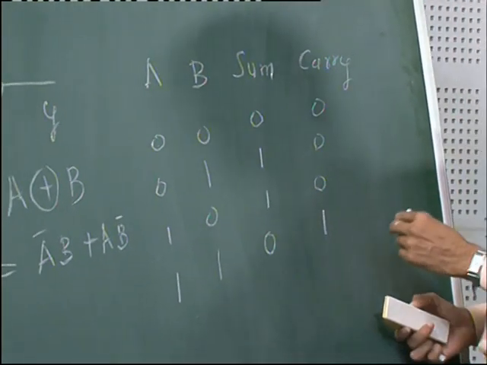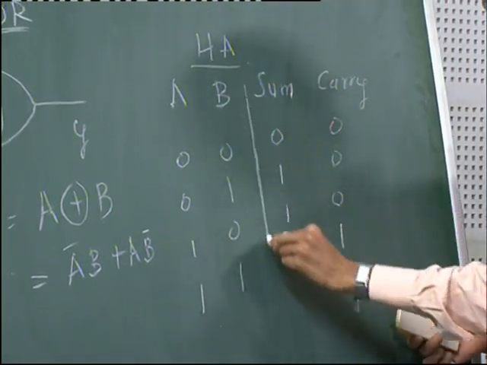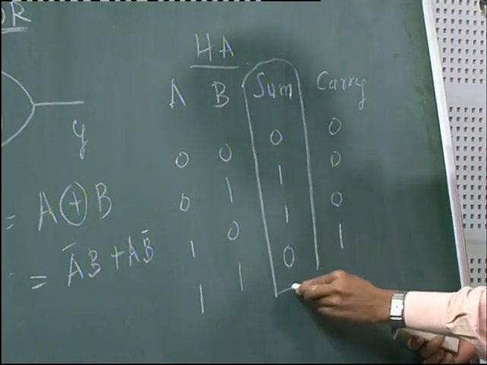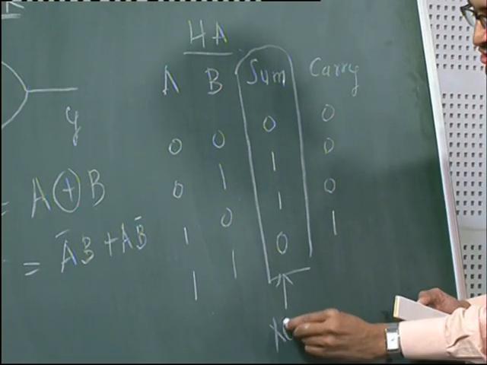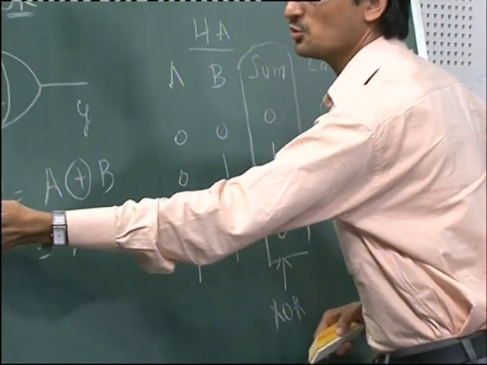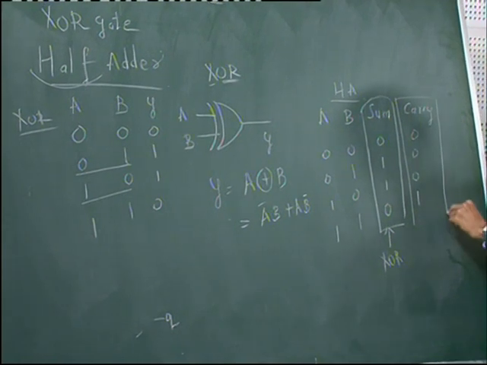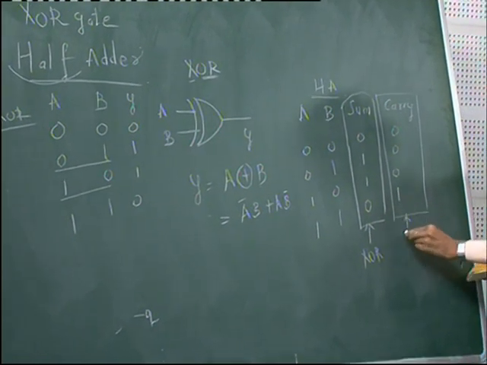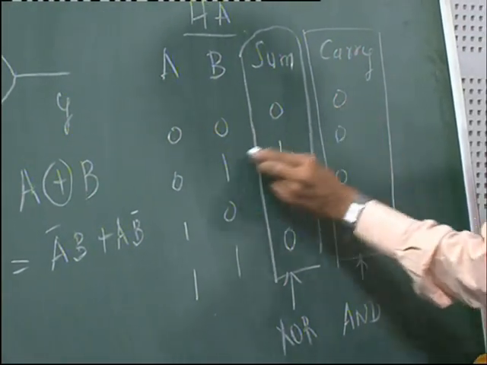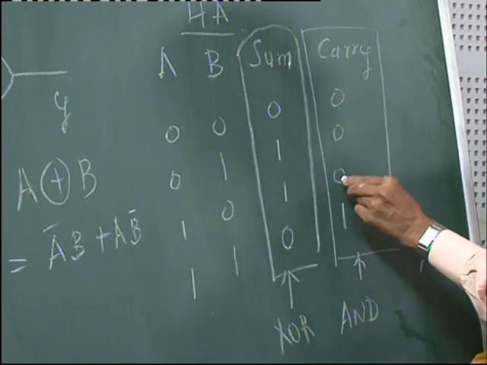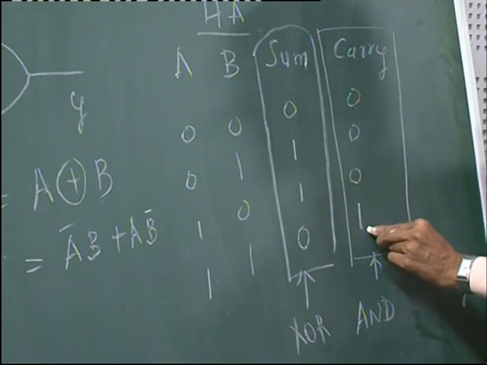Now, as I told you, if you want to form a half adder, then what is this? Sum. What is sum? Sum is nothing but this shows you the basic XOR gate. This is the truth table for the XOR gate. Try to see this one. Your carry is nothing but your AND gate. In an AND gate, if any input is 0, output is 0. Both 1, then only 1. So a half adder is nothing but a combination of two gates.